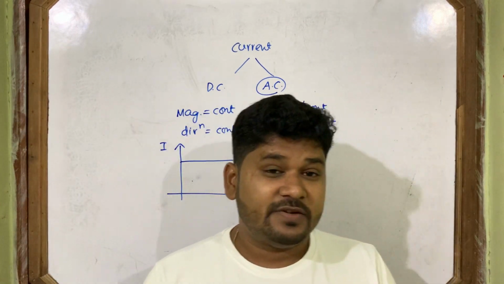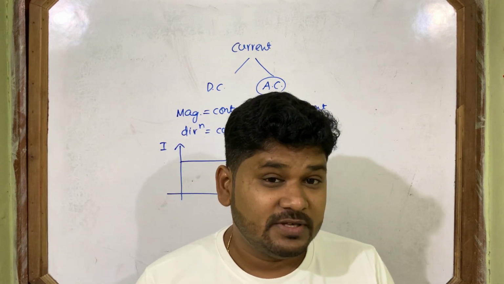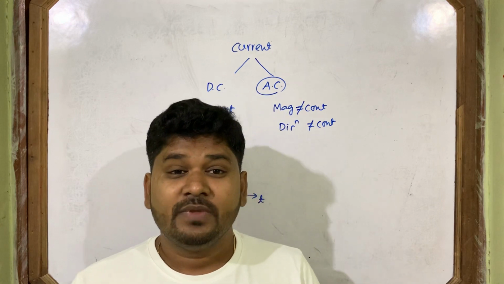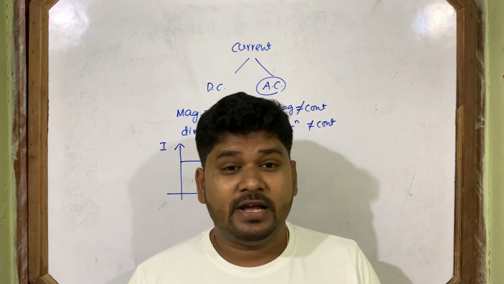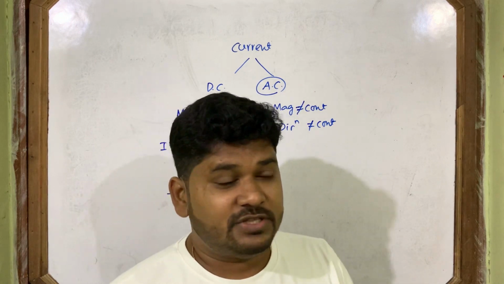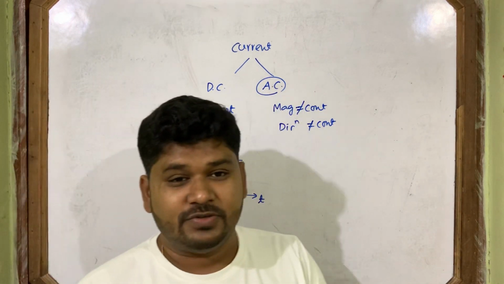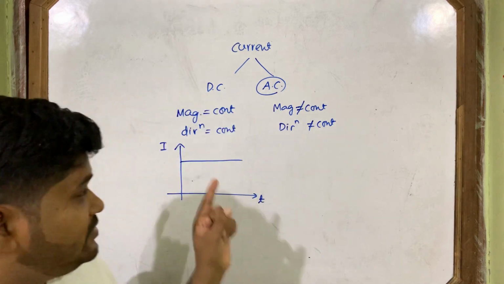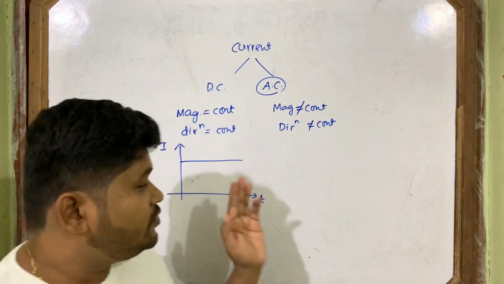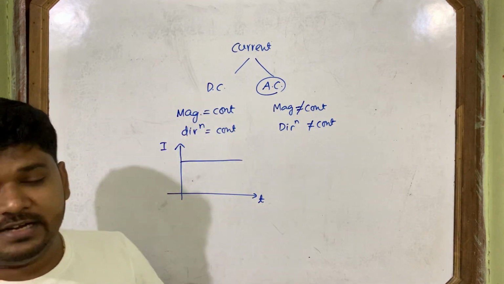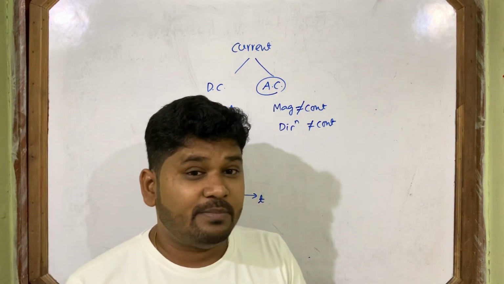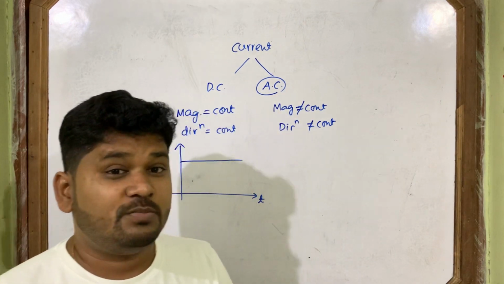So what was the definition of alternating current I had told? The current which changes its magnitude continuously and its direction periodically is called alternating current. So this is our discussion today. You see the difference. Here magnitude is always constant. 2 ampere means 2 ampere current passes when this is connected. But in alternating current, you can't tell the amount of current that passes.